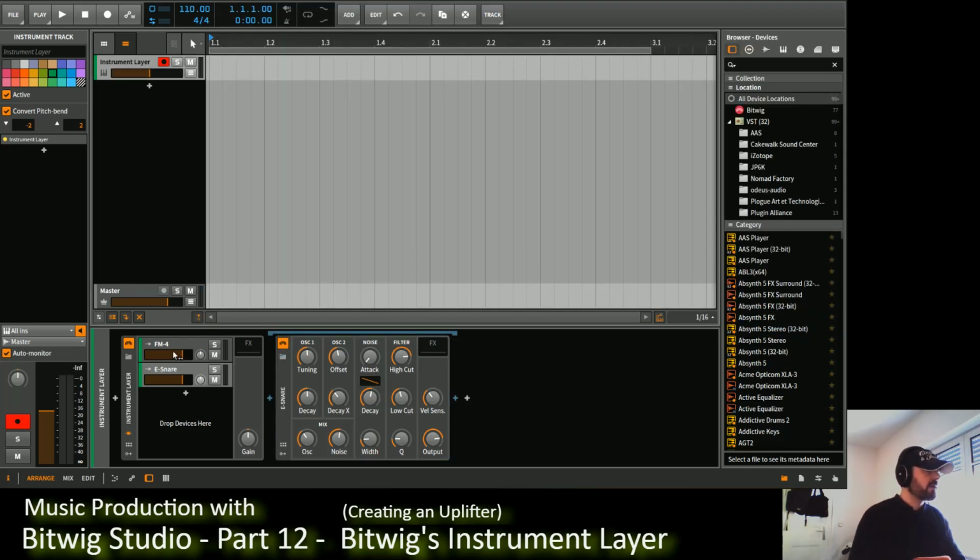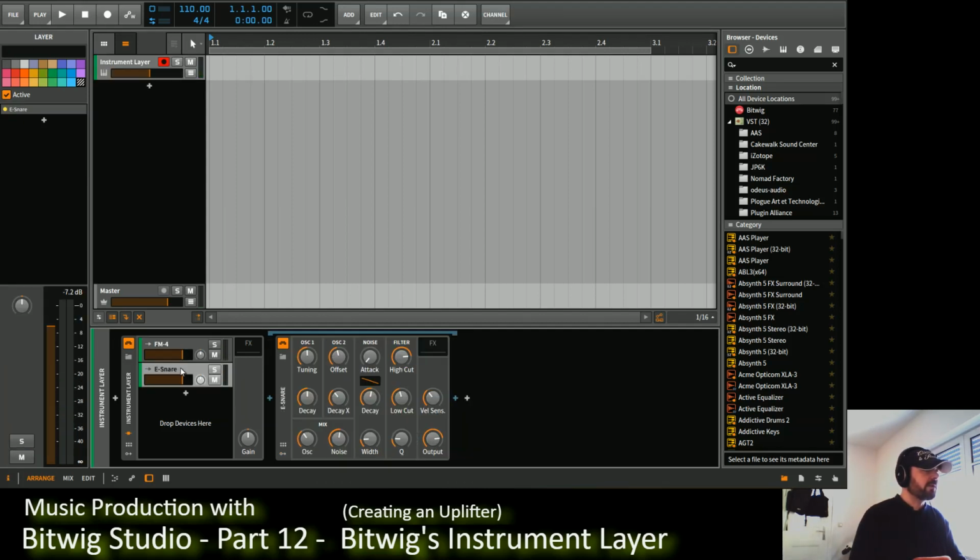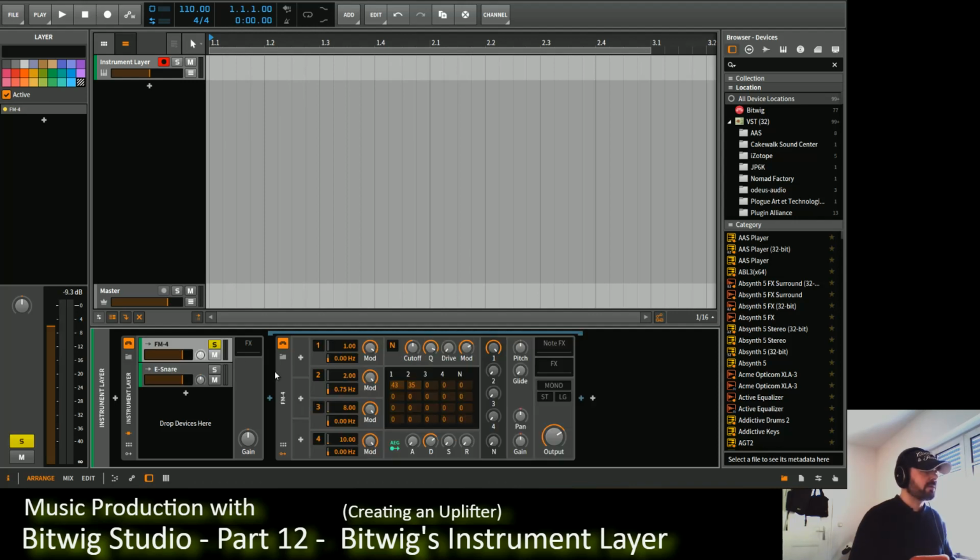So if I have this FM4 and a snare, I solo the snare, solo FM4. Now they both share the incoming MIDI, so if I hit a note on the keyboard, it triggers both instruments. I just solo FM4 to start working on the uplifting sequence. We'll need the snare later on, but for now